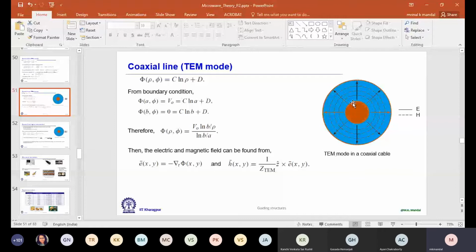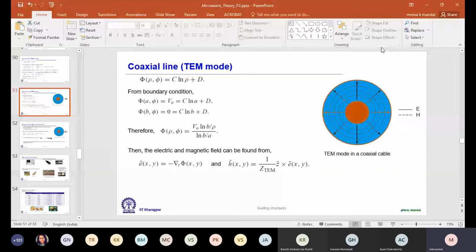Now, if I compare, what about attenuation compared to rectangular waveguide or circular waveguide? Since here we are using some sort of dielectric material, we have dielectric loss. For metal, we have conductor loss. And not only that, if I use the thumb rule, you might have seen that all the coaxial cables are much thinner compared to the waveguide. So we will have high loss. We can't avoid it. It's coming from physics.